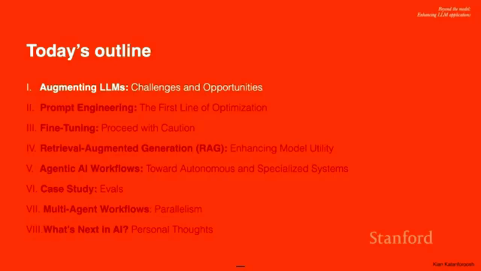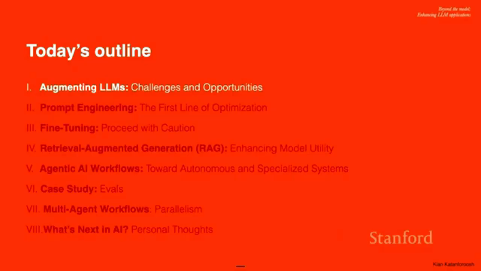If we were to get our hands under the hood and do some fine tuning, what would it look like? I'm not a fan of fine tuning, and I talk a lot about that, but I'll explain why I try to avoid fine tuning as much as possible. And then we'll do a section 4 on retrieval augmented generation, or RAG, which you've probably heard of in the news. Maybe some of you have played with RAGs. We're going to unpack what a RAG is and how it works, and then the different methods within